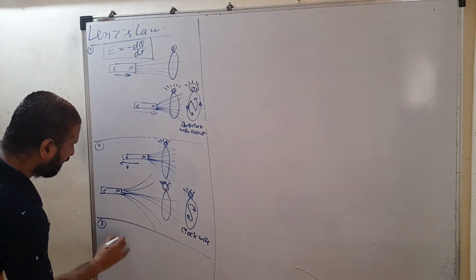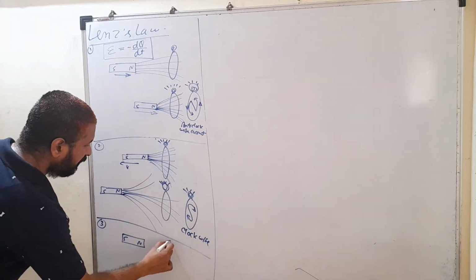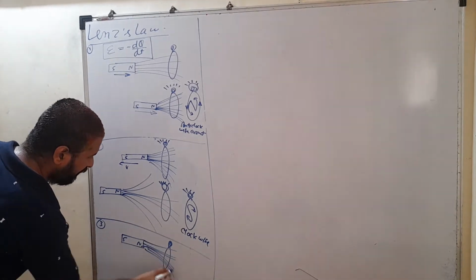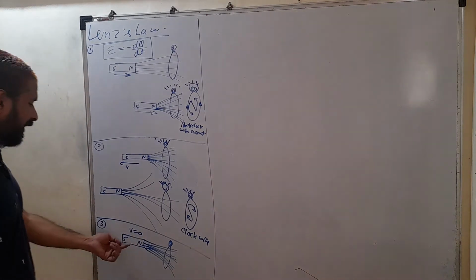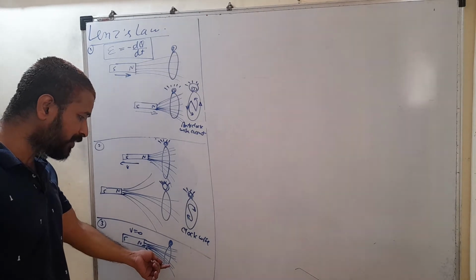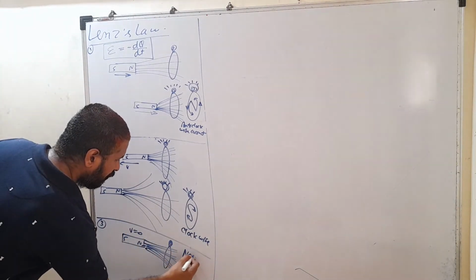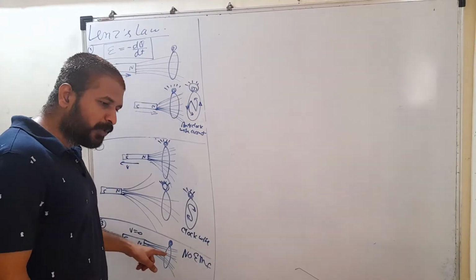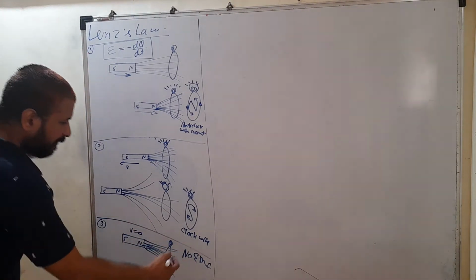In the third case, if this magnet is at rest, north and south pole, this magnet is stationary, and the bulb is connected here. So when this magnet is stationary, there are magnetic lines passing through this loop. But this magnet is stationary. Even if flux is passing through this loop, that flux is constant, that flux is not going to change, so no EMF is induced. No EMF. So it won't have to oppose the velocity of the motion of that magnet, because the magnet is not moving only. So no EMF, no current.